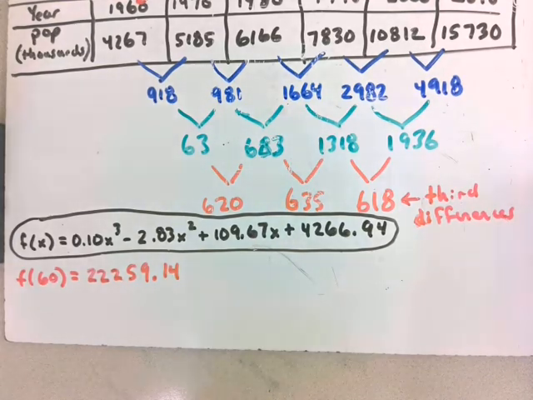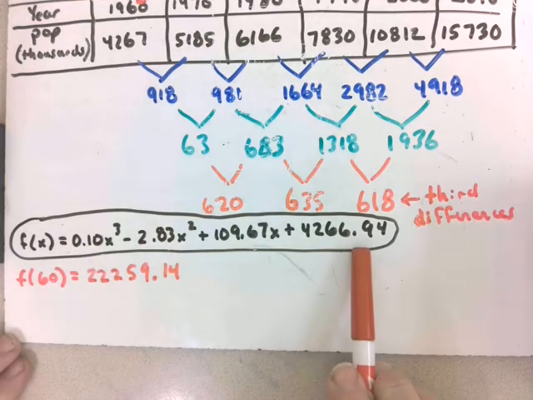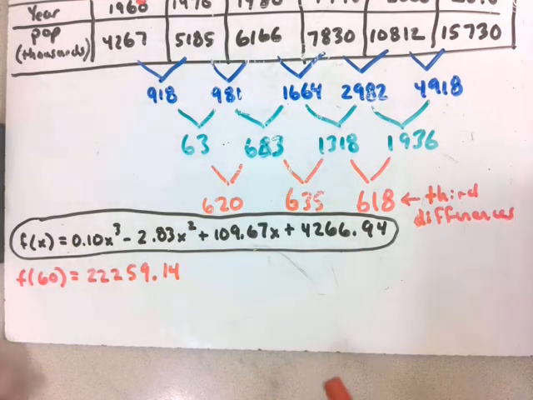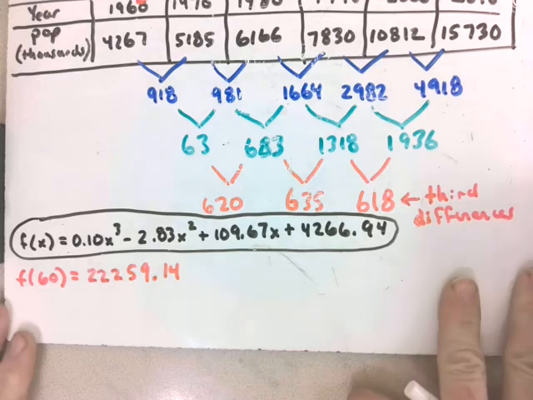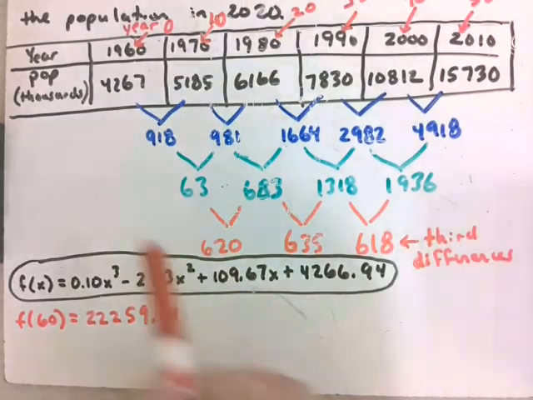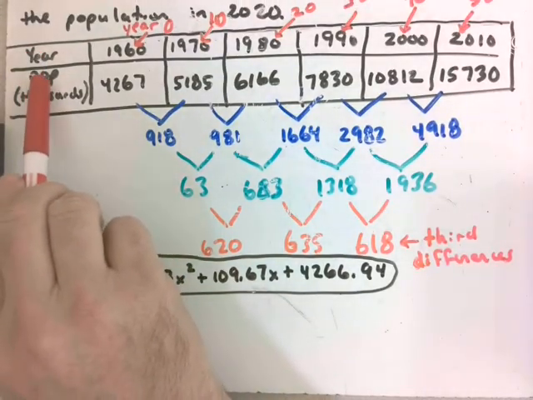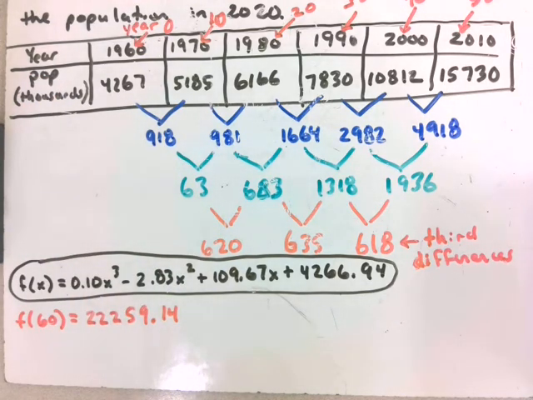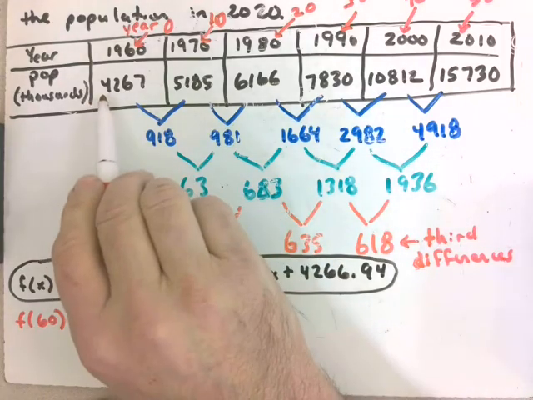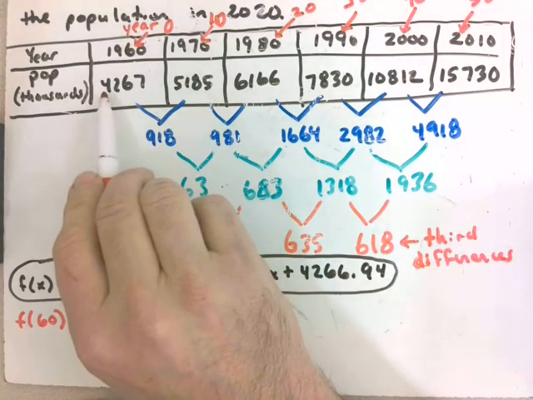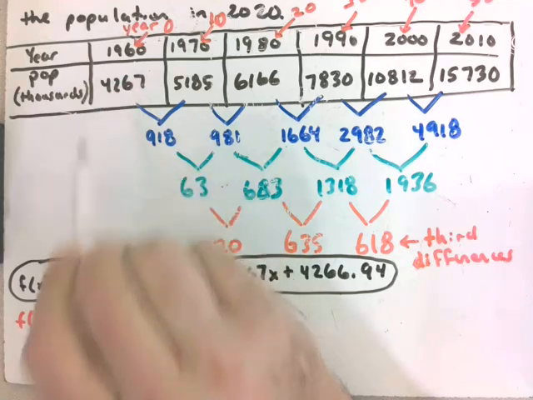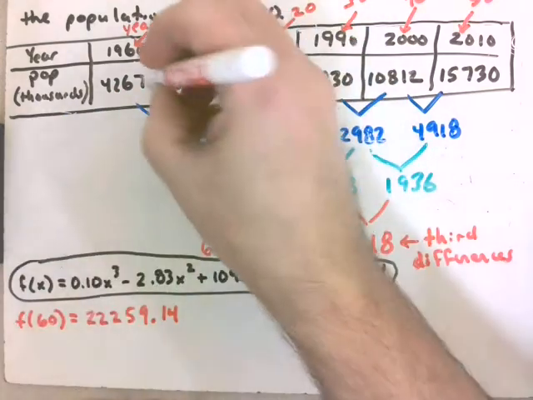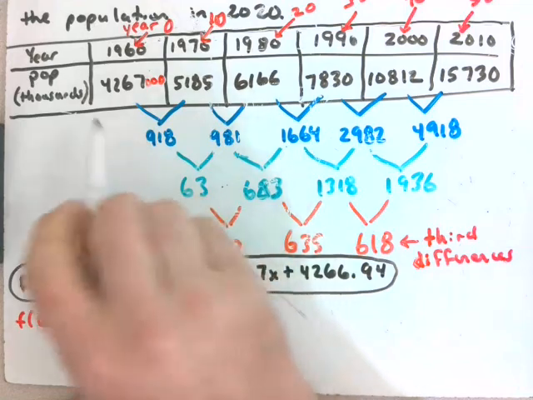So we are supposed to use this equation to predict what the population, or estimate what the population would be in 2020, and this is the number that comes out when you do that. However, it's not the answer to the problem, and here's why. All the way back in the beginning, we had year and then we had population, but it tells us in the table the population is actually in thousands, which means this. The town did not have a population of 4,267. 1,000 has 3 zeros on it. So it really was